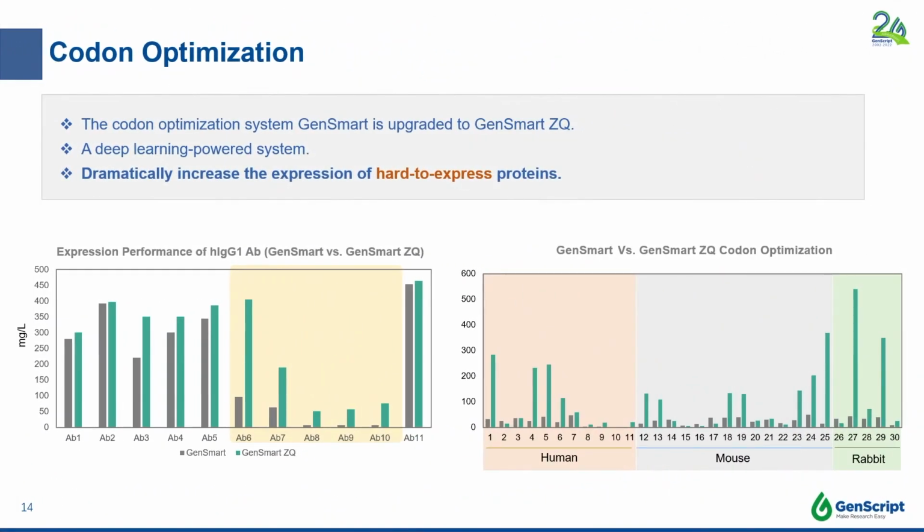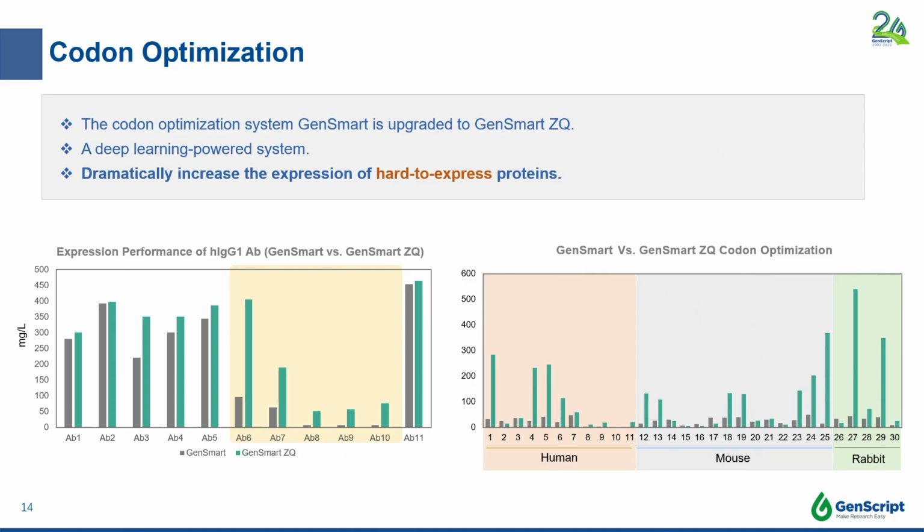Our code and optimization platform has recently been upgraded from our GenSmart to GenSmart ZQ. So the GenSmart ZQ has enabled us to improve the expression of poorly expressed proteins. If you compare the expression of some of these human IgG1 antibody clones, some of them are very tricky to express using our GenSmart algorithm and GenSmart HQ, you can see that we've observed at least a tenfold expression